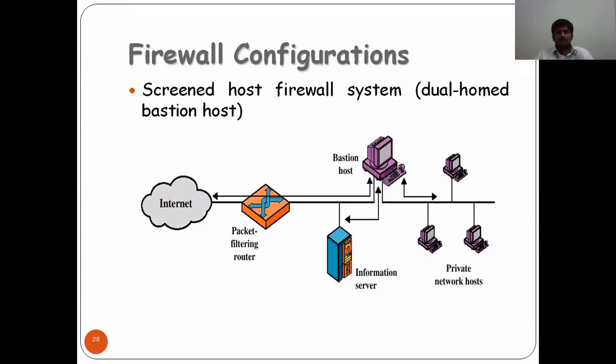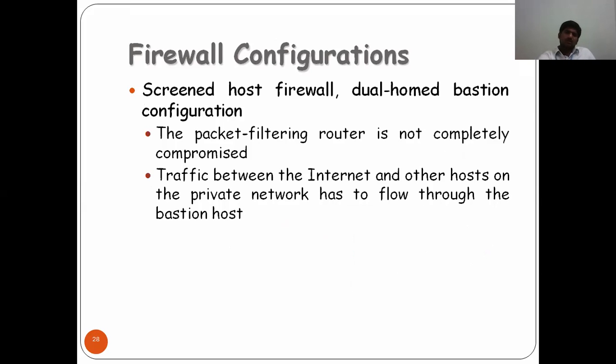For example, we have a lot of servers, but where do we get access to these? For example, everyone simply does a Google search directly. It is coming from the Google server only, no? So in general we are doing like this. So how can you trust the Google data and process it? That is simple. So in a dual homed bastion host, a screened host firewall's dual homed bastion configuration,